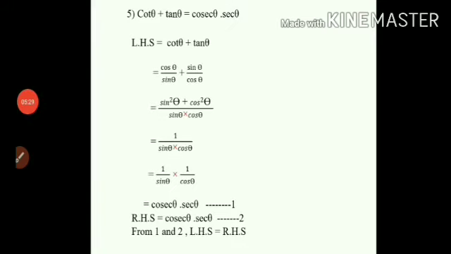We will move on to the next sum, that is the sixth one. See, we have 1 upon sec theta minus tan theta will be equal to sec theta plus tan theta. So we will take the left hand side, that is LHS is equal to 1 upon sec theta minus tan theta. You can see here the denominator is sec theta minus tan theta. Now in standard 9 we have studied to rationalize the denominator. So we know that we find the conjugates, that is if plus is there we make it minus, and if minus is there we make it plus.